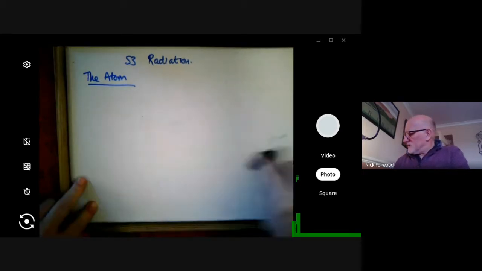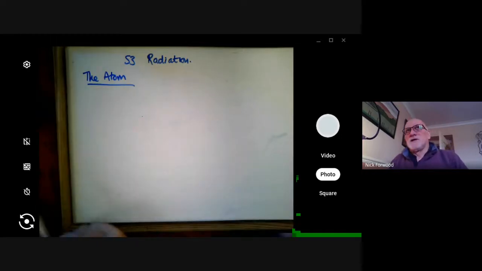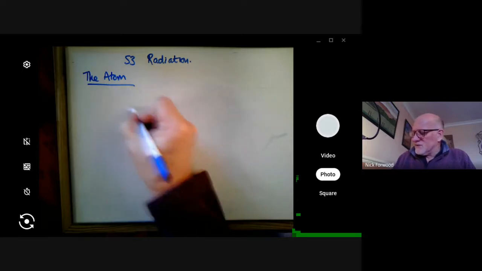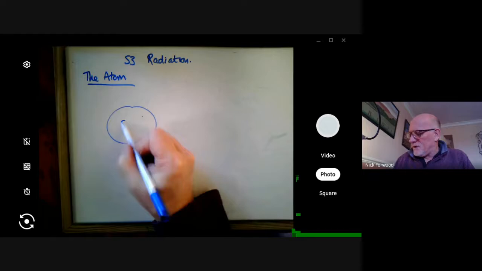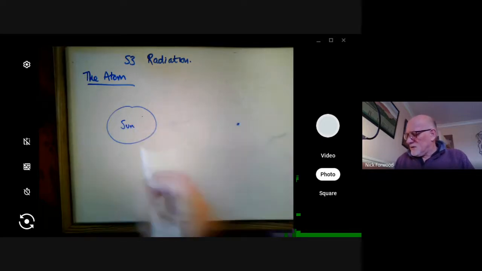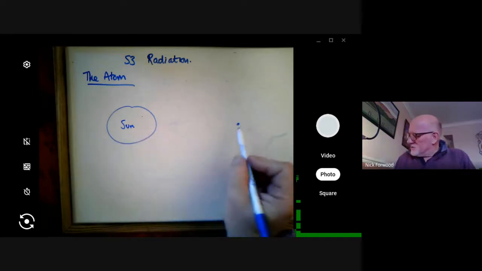So we've got these electrons which are orbiting round and round and round, like the planets going around the sun. Now, in our solar system, we have something called gravity. The gravity of the sun, if you will just go away from the atom a minute, but it's a useful idea to look at this. We've got the sun, which is quite big. This is a bit like the nucleus, and we've got a small planet over here. And the sun, if this is the Earth,